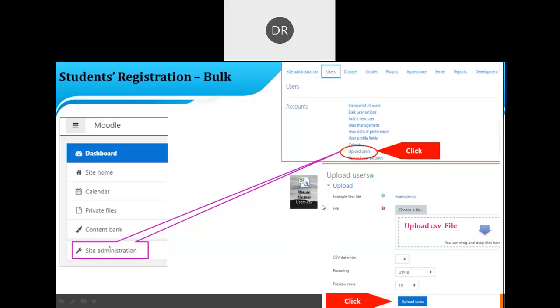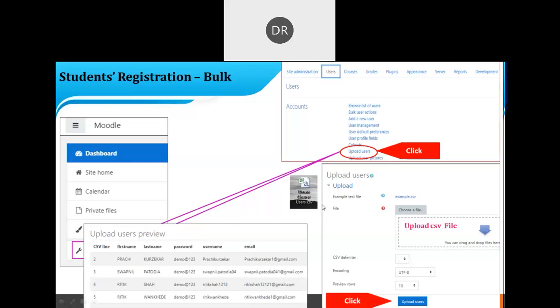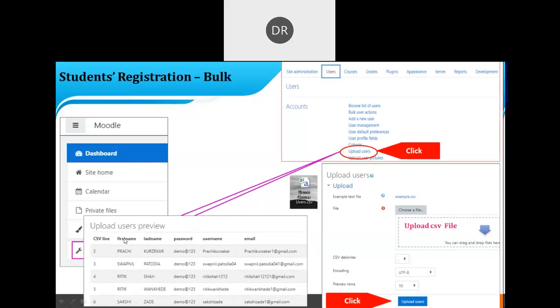So click on this upload users, then a new window will pop up. Whatever data is in Excel, you will find in the same fashion on the Moodle site. That is the CSV line, which is nothing but the serial number, the first column. By default, it will create the CSV line number or the serial number.